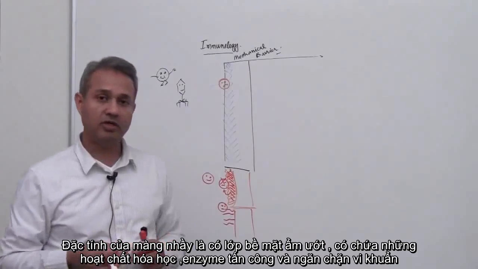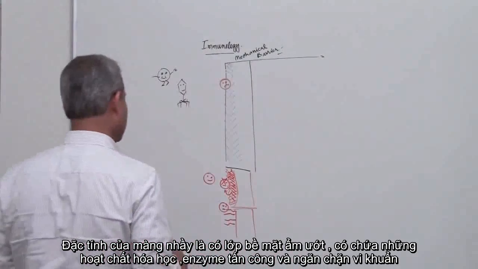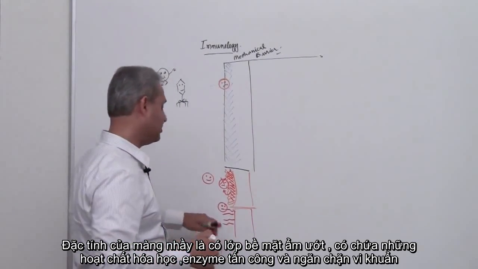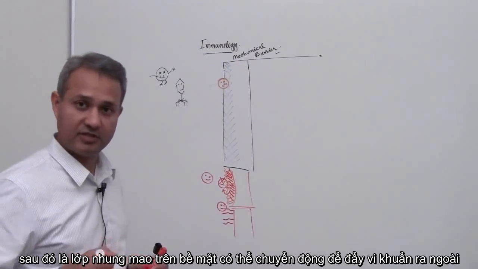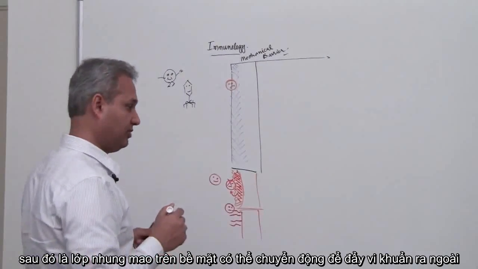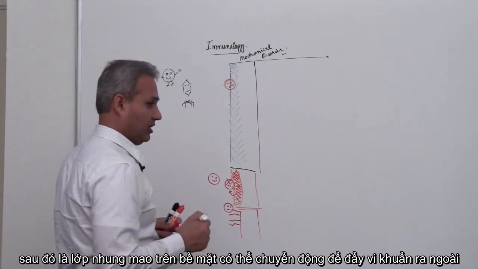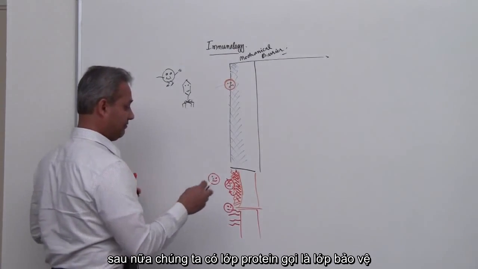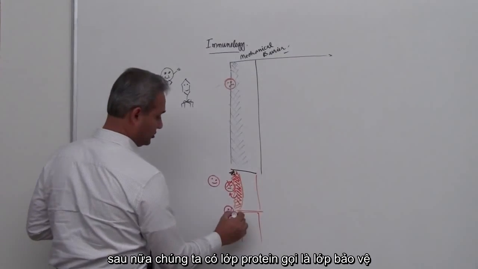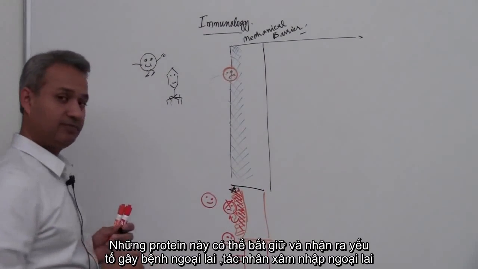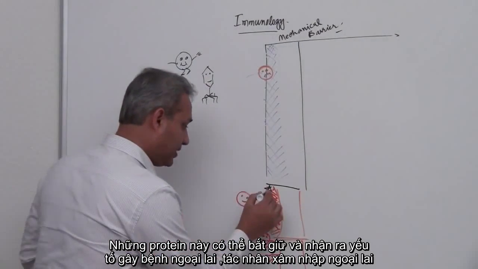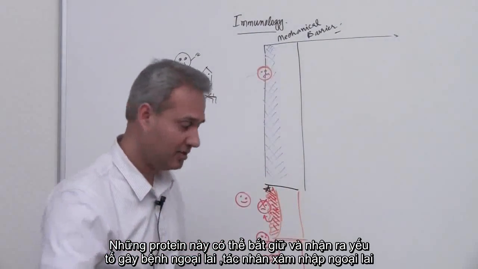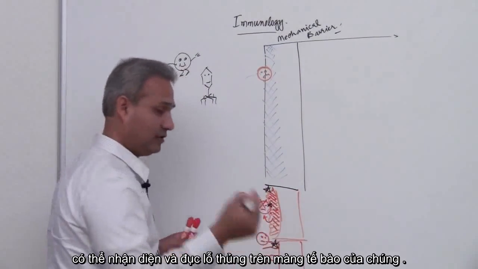So keratinization is one. There are moist surfaces. Then those moist surfaces have chemical substances and enzymes which can attack the bacteria and stop them. Then we have surfaces with cilia, and they can also act to remove the bacteria. Then we also have proteins called defensins. These proteins can identify a foreign pathogen, a foreign invader. They can identify that, and they can create holes in the